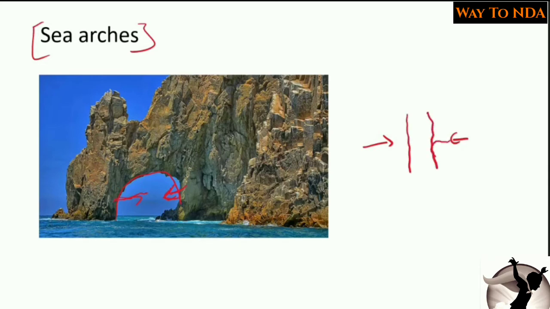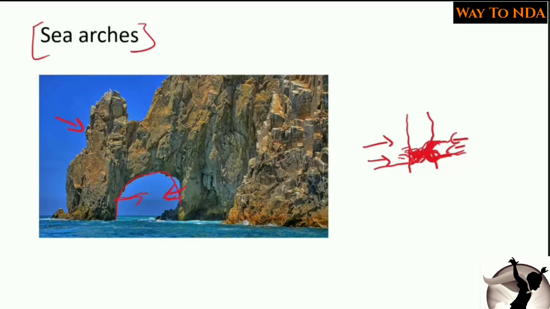cave was formed due to the action, and it kept on receding. This cave kept on receding because the water was coming inside and hitting, because the waves were hitting. The waves were continuously hitting, and the cave kept on receding, and from the backside also the waves were hitting. And from this side also it started to recede. And the middle portion fell down, and it created this type of sea